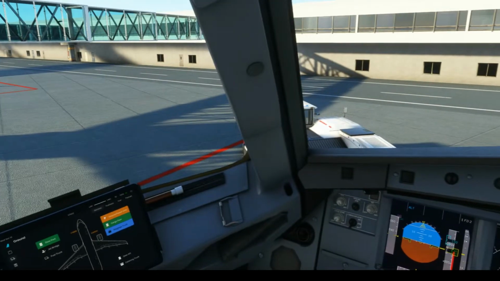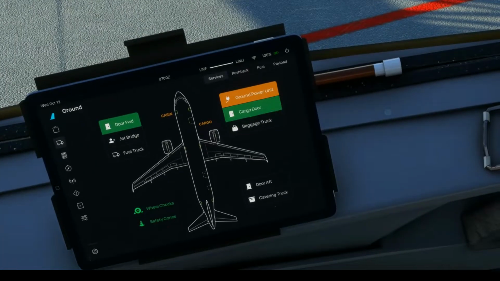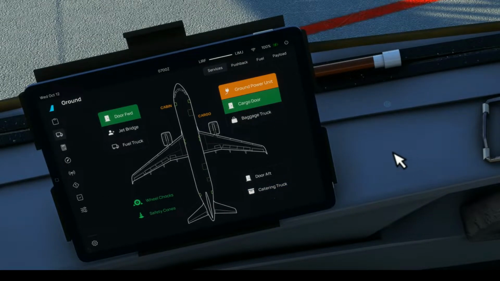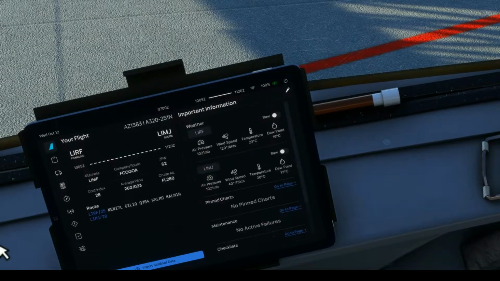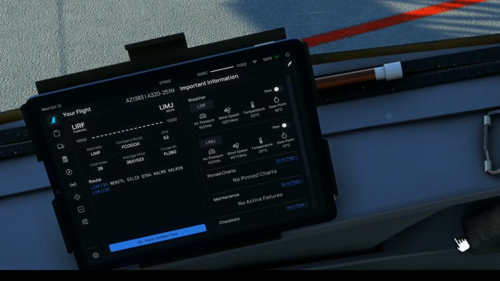So here we are in the cockpit of the FlyByWire Airbus A320neo. The bulk of this cockpit you will recognize from the default Airbus A320neo in Microsoft Flight Simulator. It's the same one, guys, that you get on all of the versions from the basic up to the premium deluxe. However, FlyByWire have added some massive upgrades to this default cockpit, including here the EFB, where I have just